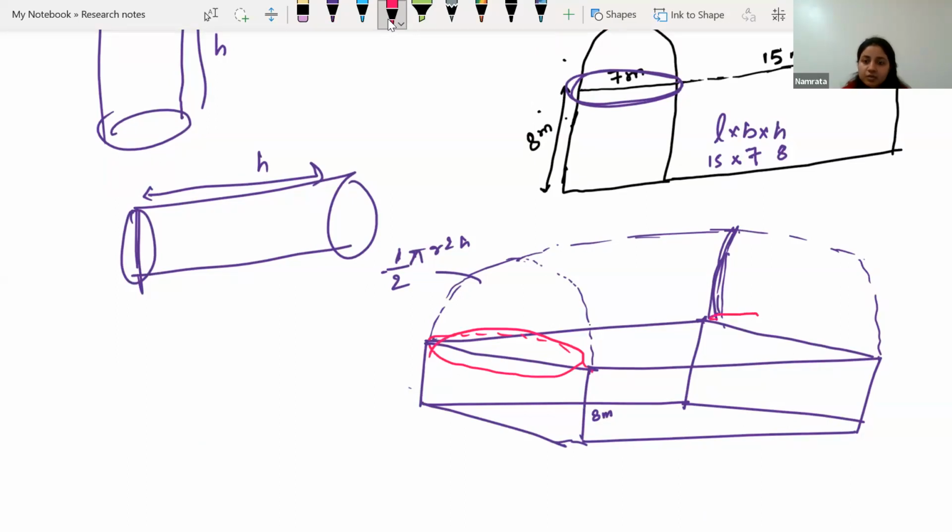Okay, there also we are having like that. It's just half part of the cylinder. Now the next question is